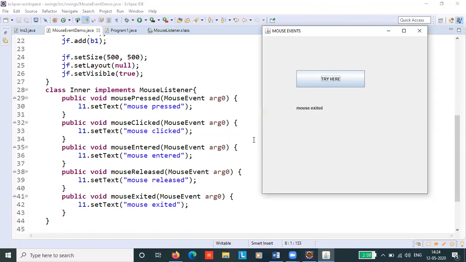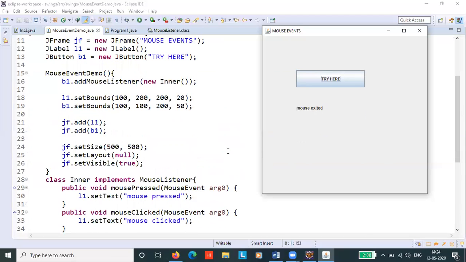If you don't want to implement all the methods, we can make use of mouse adapter classes. When we use adapter classes, we only define the methods which we need. For example, out of these 5 methods, if I want to demonstrate only 3 methods, then I implement the mouse adapter class.